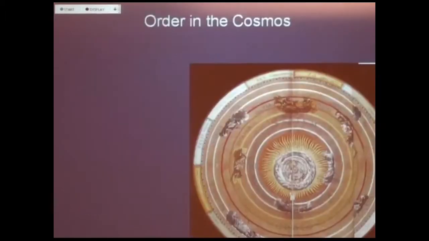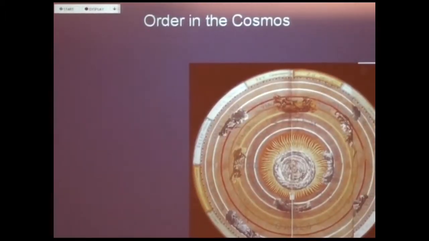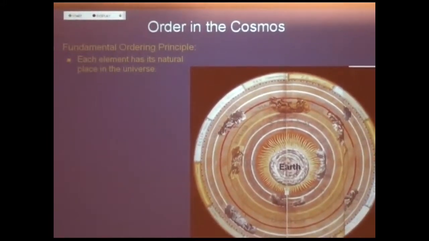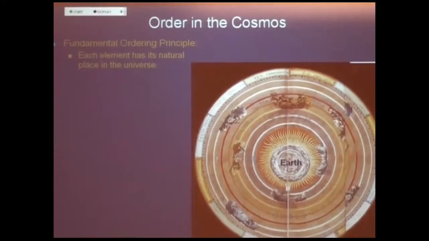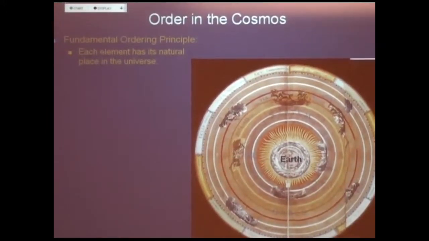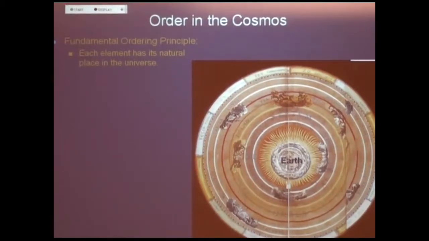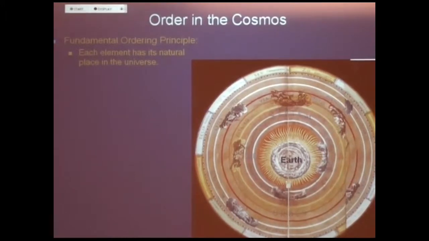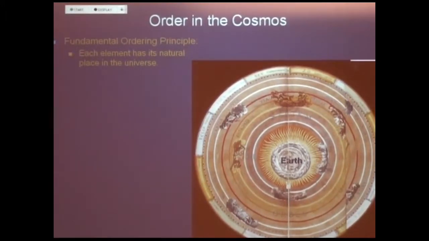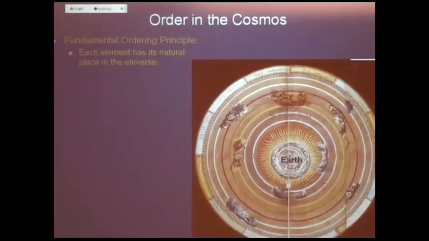And that's what Aristotle did. He said, I'm going to bring order into the cosmos. So what he said was, I'm going to invent a fundamental ordering principle. Just like when you do the Rubik's Cube, you must have some basic rules. I don't really know how to do a Rubik's Cube, but whoever does knows you have to move in a certain way in order for some layer to be moving in one direction. But anyway, the fundamental rule that Aristotle came up with is that every element, earth, air, water, fire, etc., has